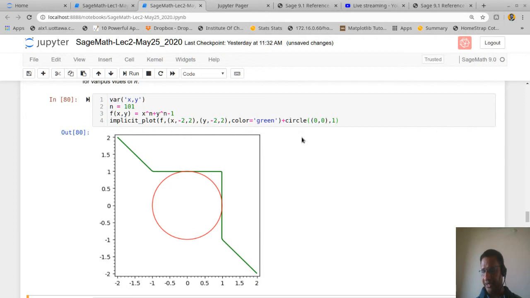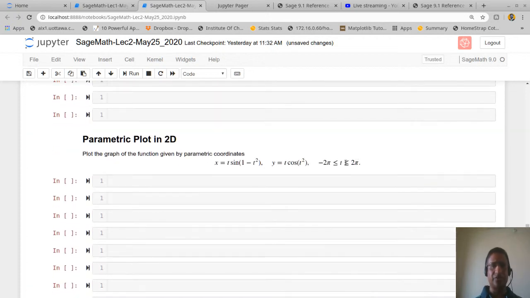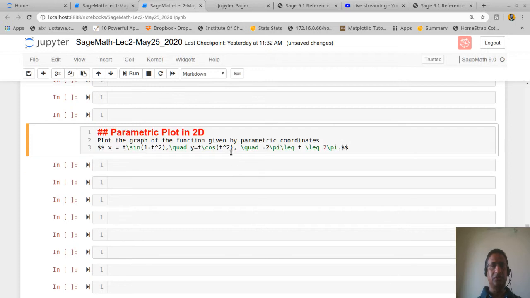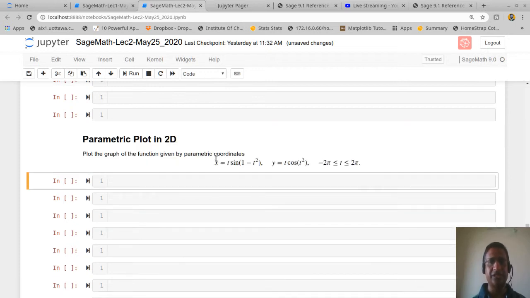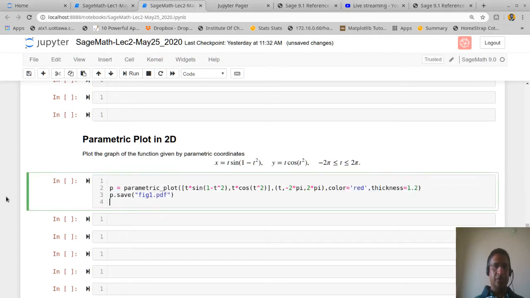Similarly, you can plot the graph of a function defined by parameters. So let us say I have this function. x is given by t times sine of 1 minus t square, y is given by t into cos of t square, t varying between minus 2 pi and 2 pi, and I want to plot the graph of this function. Okay, so how do I do that? The way to do it is,